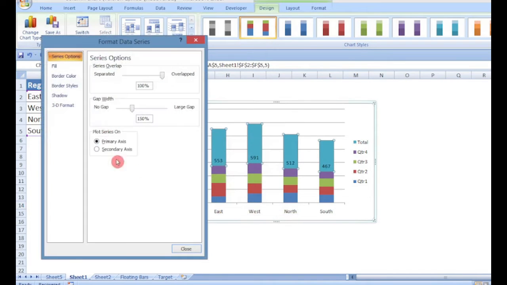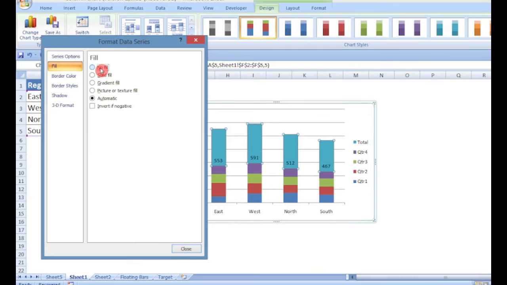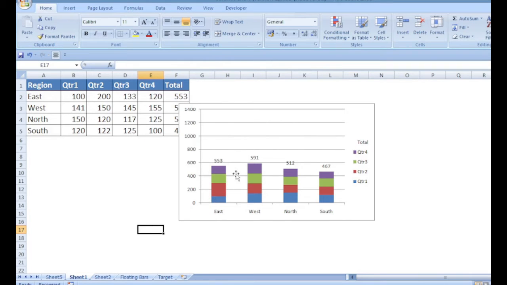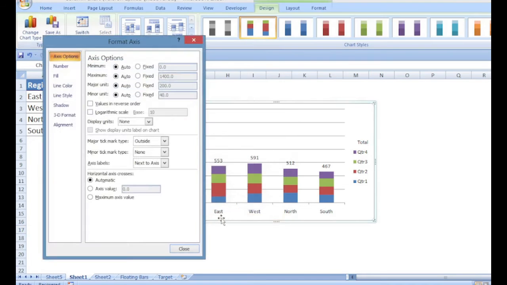Format data series, fill, no fill. Now the total of each region is displayed at the top of each bar. Suppose you want to compare the percentage of each quarter contributing to the total across the regions. Format axis,